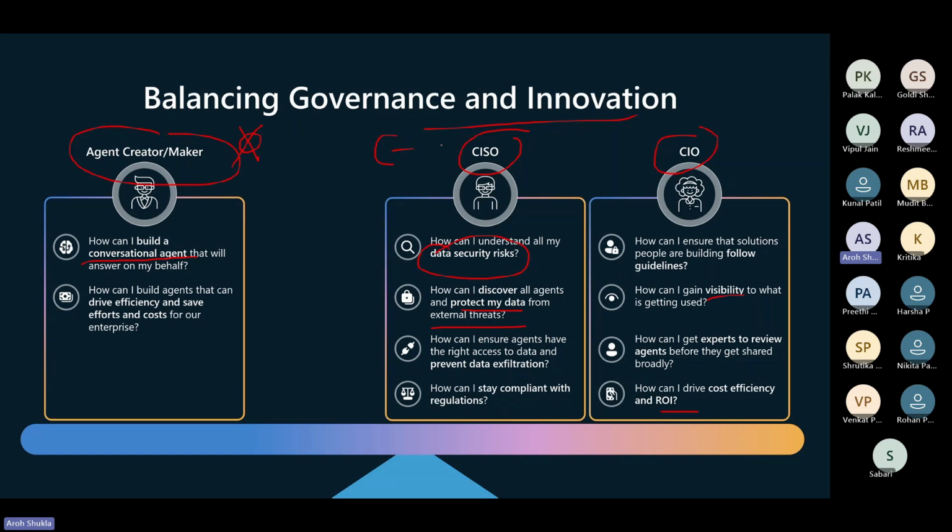The same thing applies to governance. This is not an IT thing. It's governance for each country, each region. So when you're talking about security protection, the C-level people are talking from that mindset. You understand that when you're building an agent, you have to cater to these C-level people.